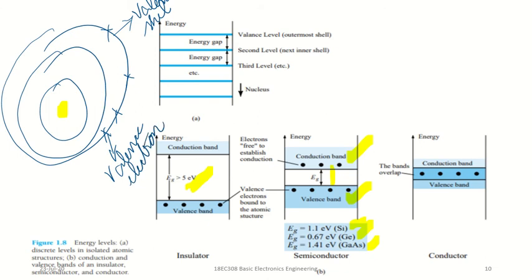Okay, about the energy. All the shells will have electrons, but the valence shell electrons have the highest energy. If you look here, this is the energy axis. The inside third level, second level, and the valence shell, that is the outermost shell, has the highest energy. Then the second innermost, then the third innermost. Inside toward the nucleus, it has the lowest energy. And outermost shell electrons help in conduction.